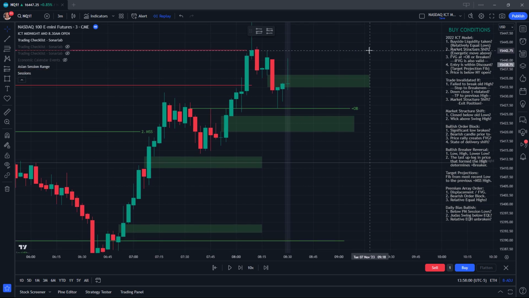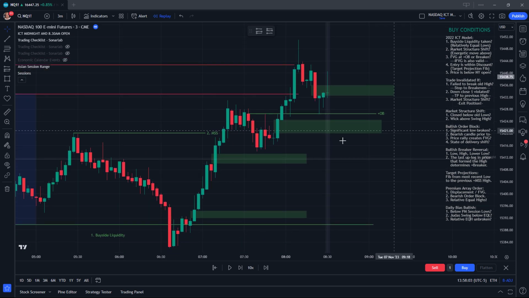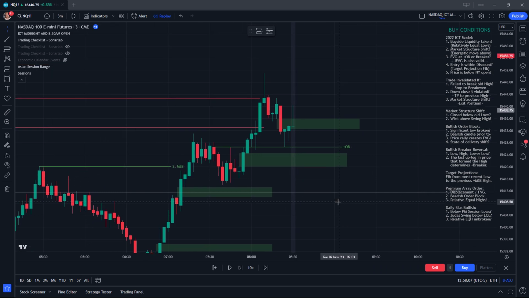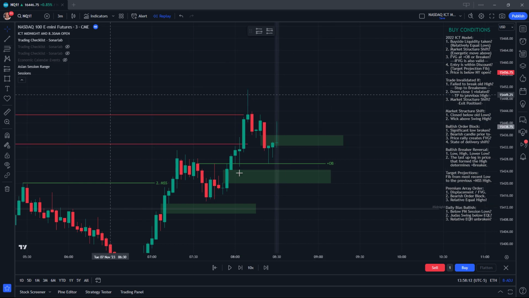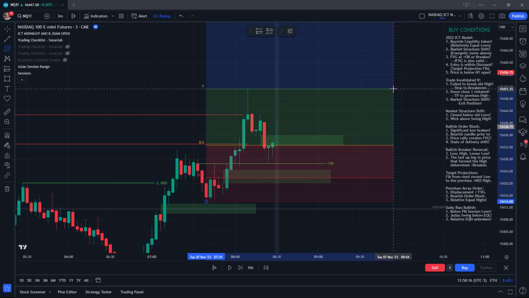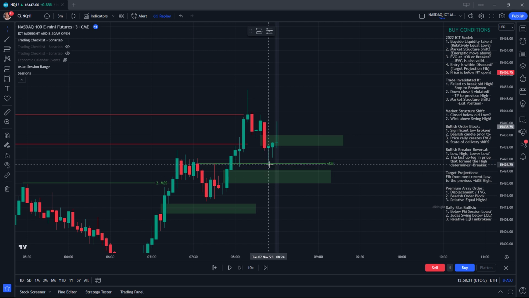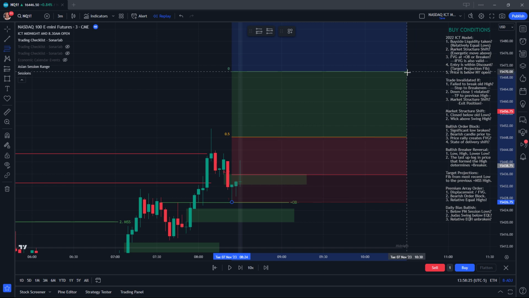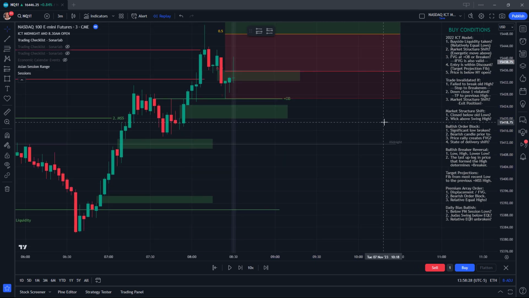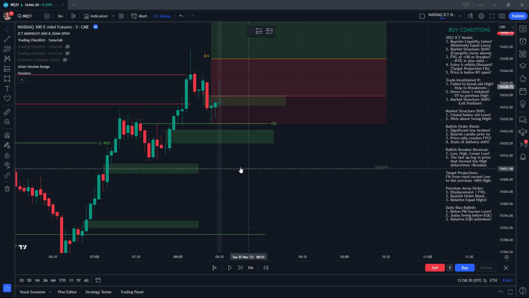Next, the entry would have to be within a discount, and that would be from the most recent low, which, as of where we are right now, it's kind of like this is the most recent low. This is the previous market structure shift, but it also kind of looks like price is about to make another low here, so we might actually be anticipating something like this. And if that's the case, it doesn't really look like price is going to come below the